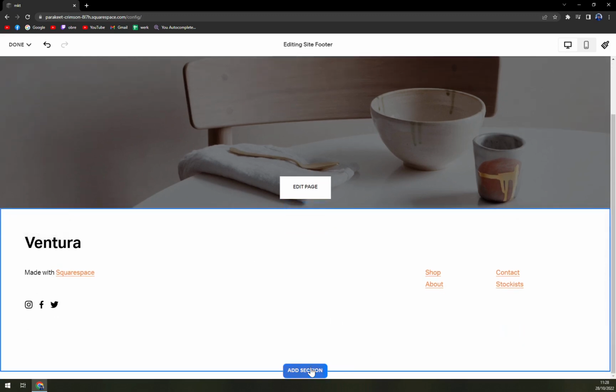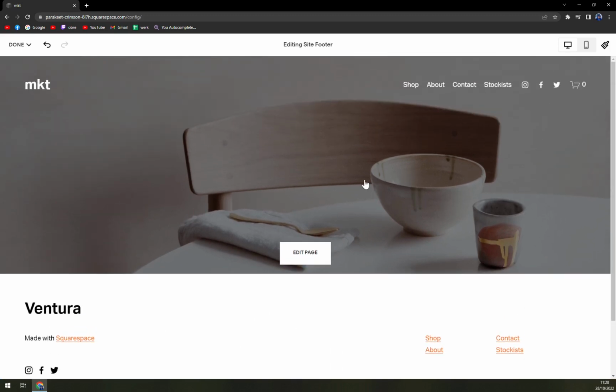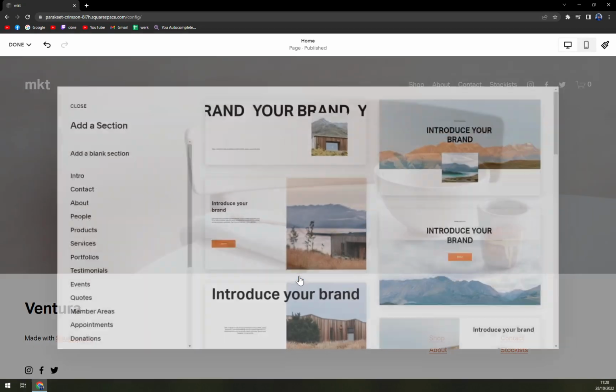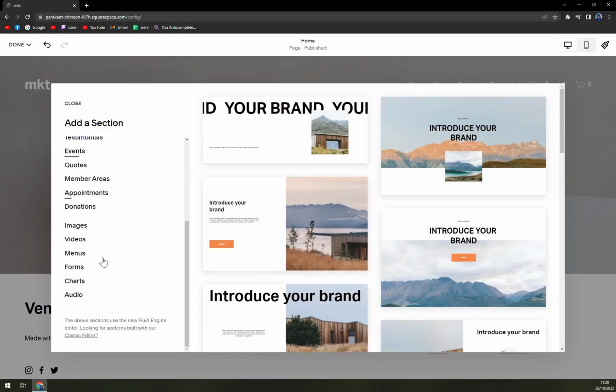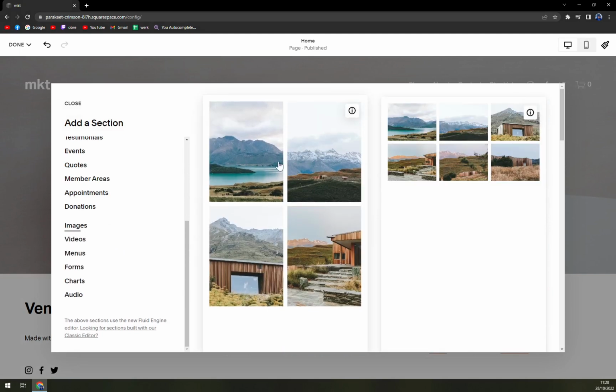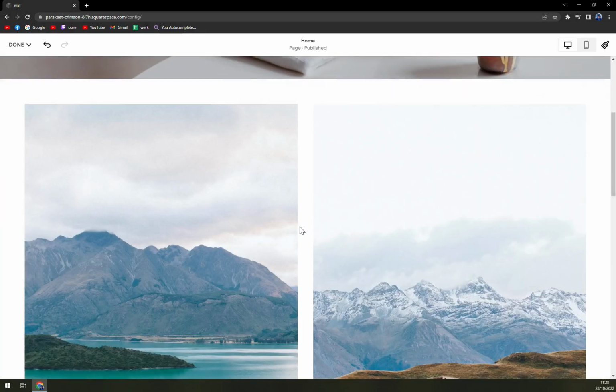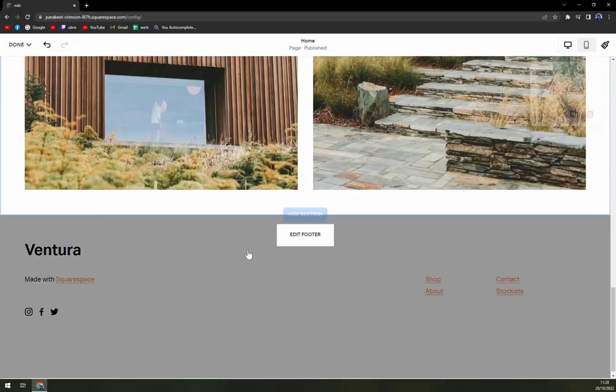Let's go to this page and add a section here. We are adding a section and we want to scroll down and add an image. So let's go with this. Right, we are gonna have more